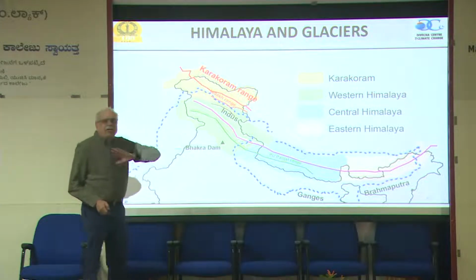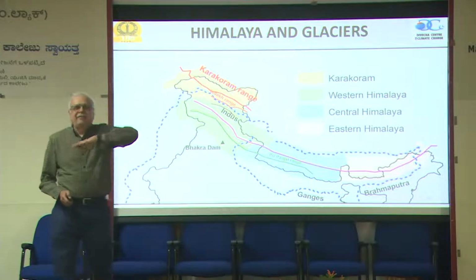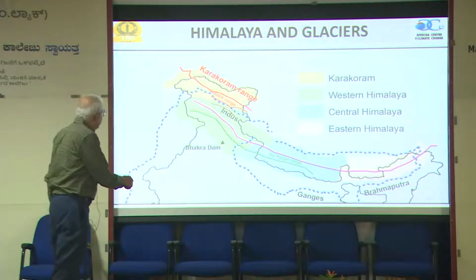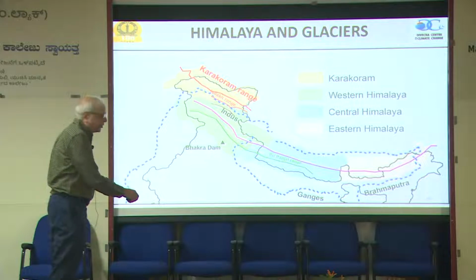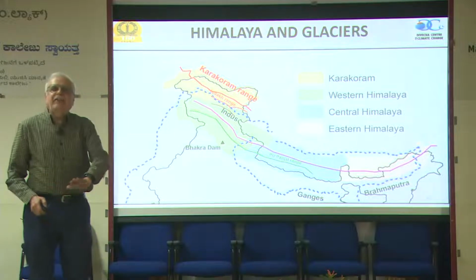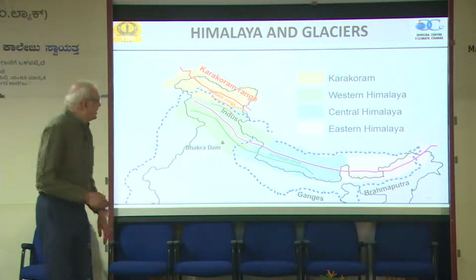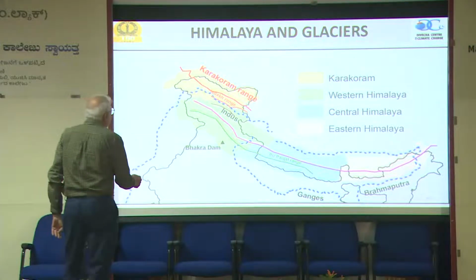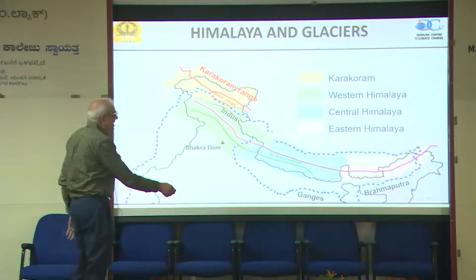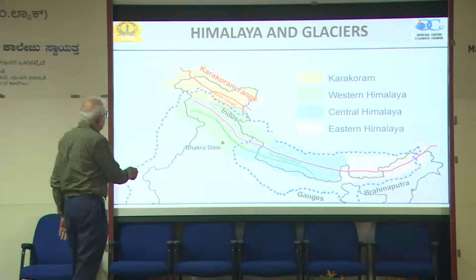Then if you go to Manali and cross Manali, go to Rohtang Pass, if you have ever gone up to the Rohtang Pass, then you have this mountain range which is called the Pir Panjal mountain range. If you continue to drive further along that road and you want to go to Leh, then you will come into another mountain range which is the Great Himalayan mountain range, and this is really throughout. It starts from Jammu